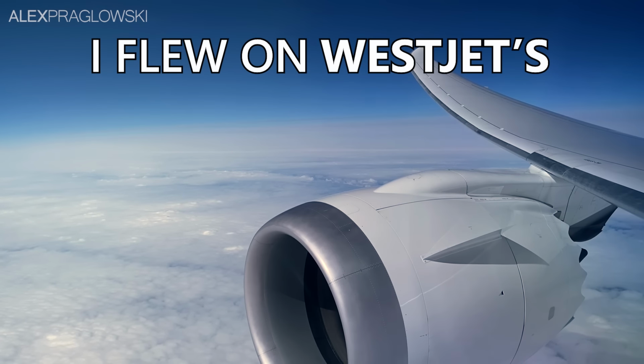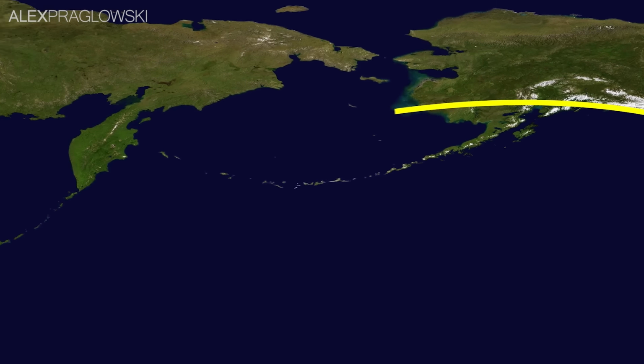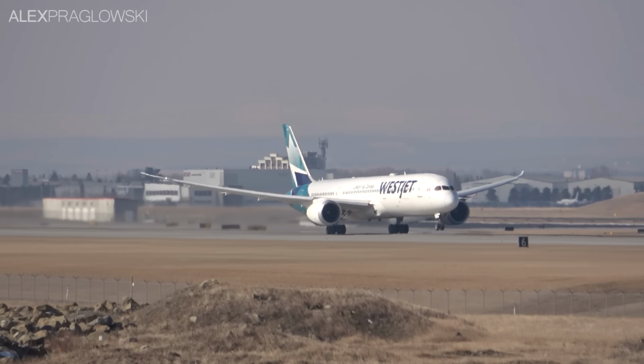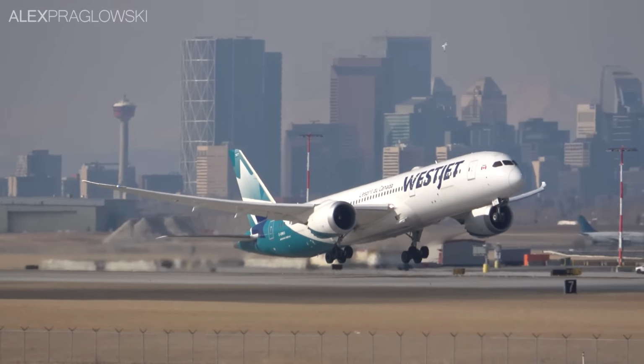I flew on WestJet's inaugural flight to Japan. This historic 10-hour journey is the airline's first ever flight to Asia, flown with their Boeing 787-9 Dreamliner. WestJet announced this new route from Calgary to Tokyo back in December last year, and predictably, I kinda booked it